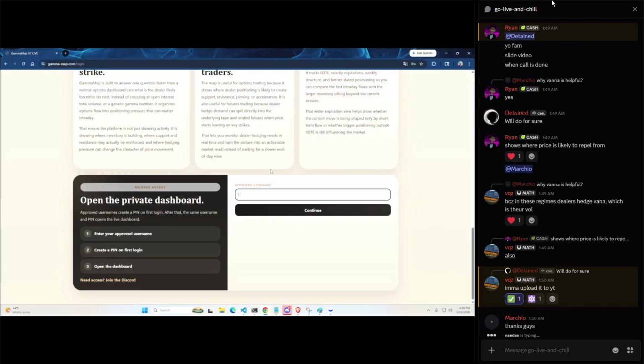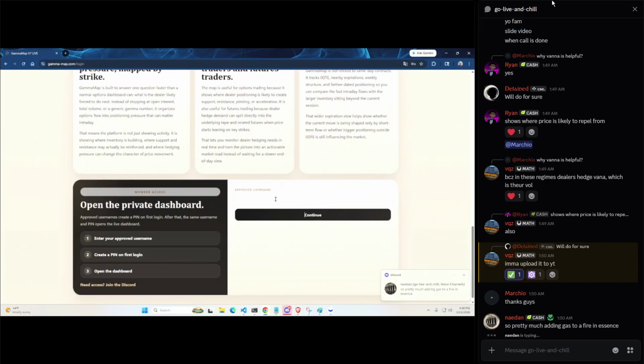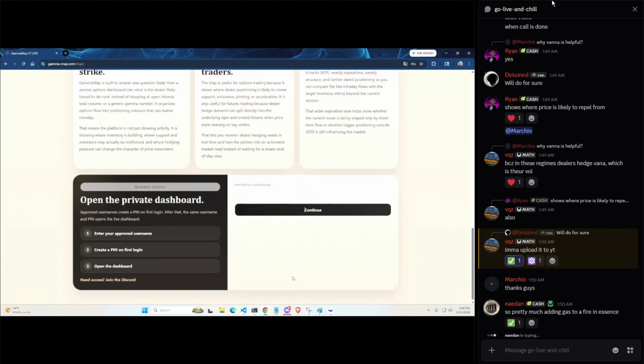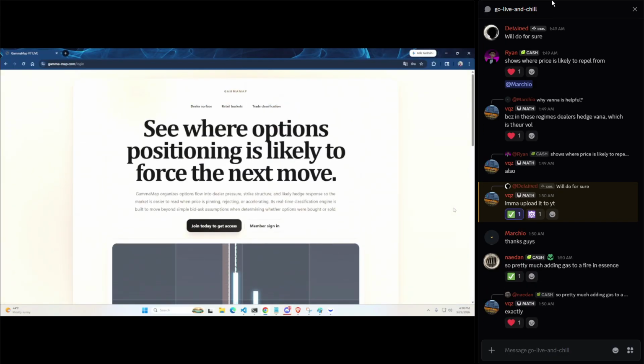When you sign in, some people were talking about it, where you have to click multiple times and it takes you to the top of the page. Now you can just smoothly sign in and open the dashboard. So that bug's fixed. Anyone have any questions from what Cam was talking about?